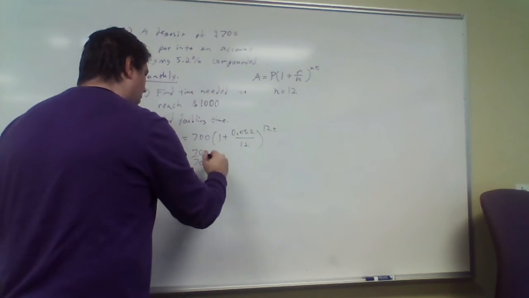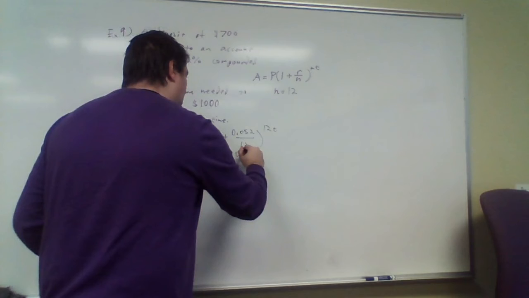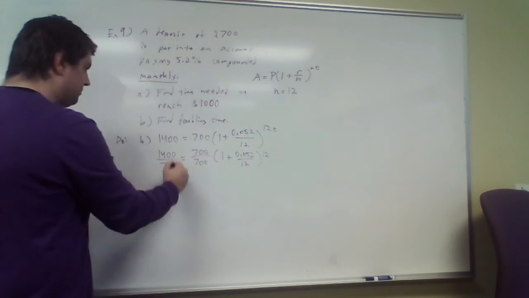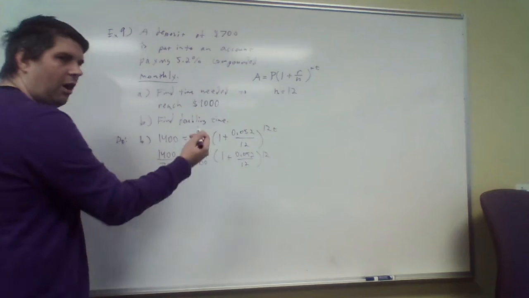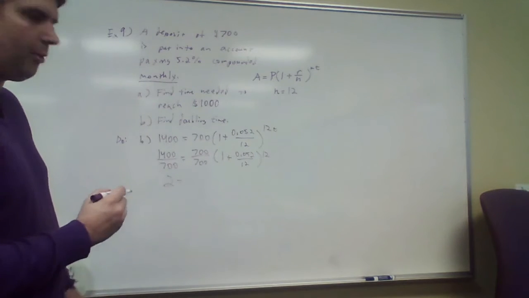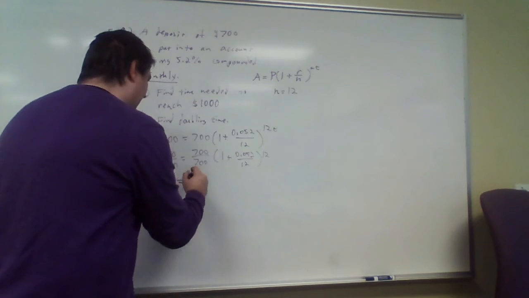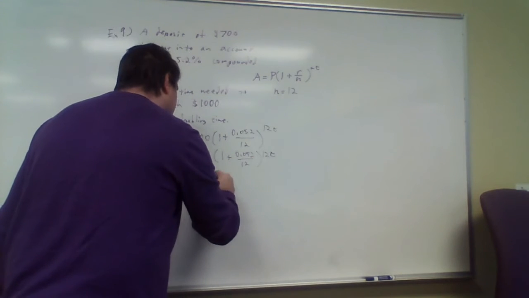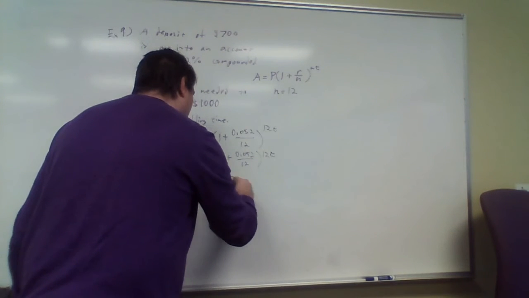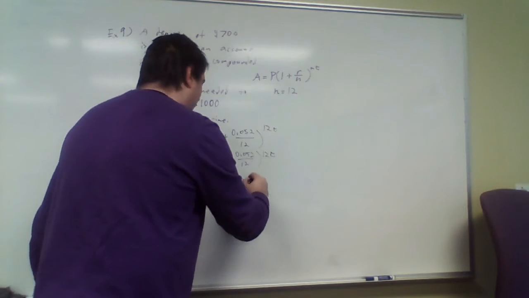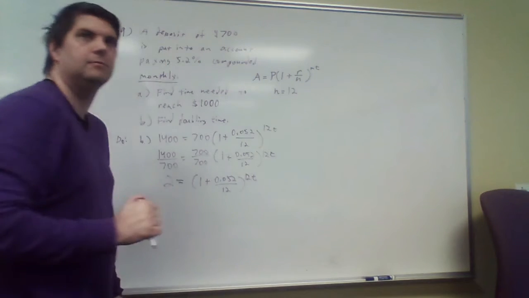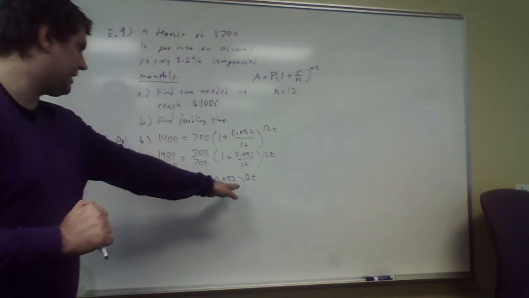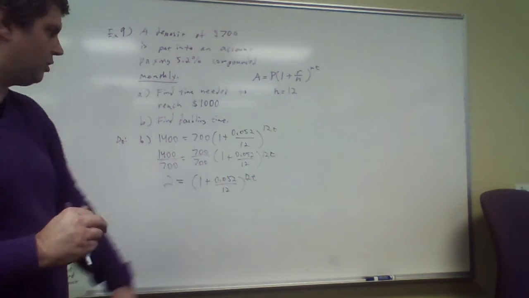So that's what I'll do. And as I told you about doubling time in the previous example, this is going to become 2. So you're always going to have a 2 anytime you have a doubling time question. And then this is still 1 plus 0.052 over 12 to the 12t power. Okay? All right. I want to get the 12t out of the exponent, so I'm going to need to do